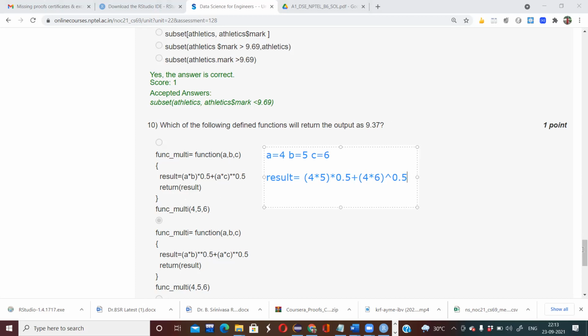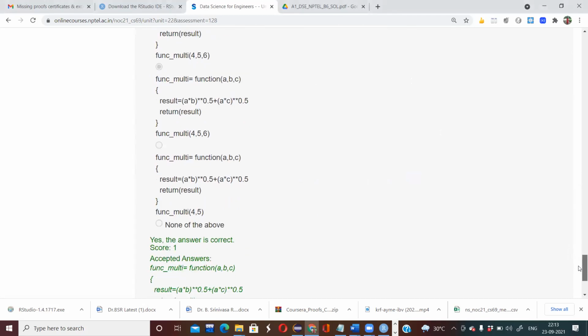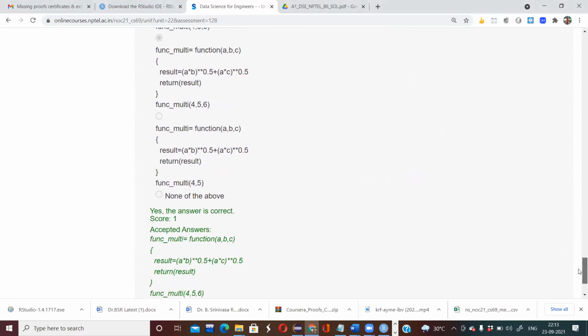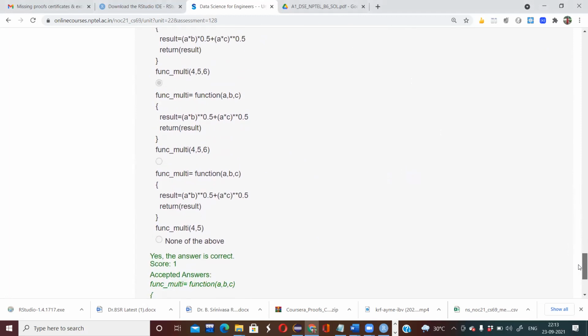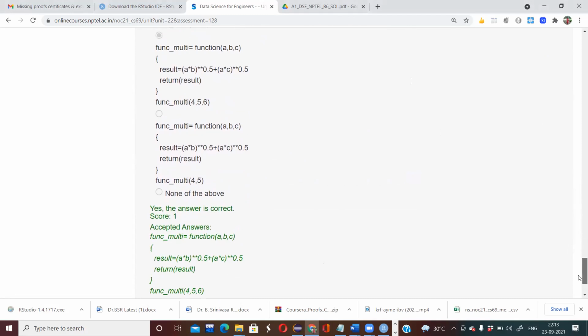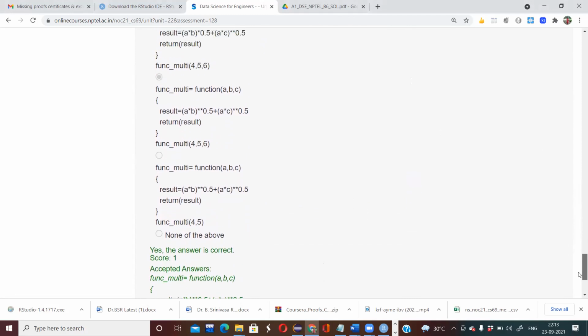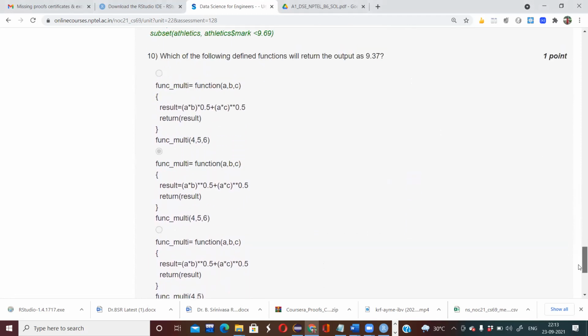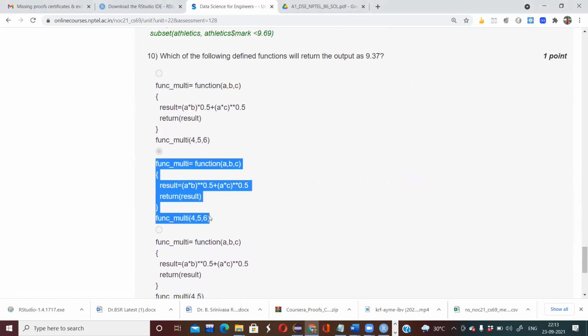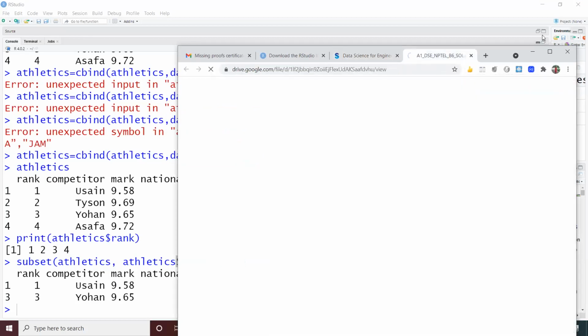Only one option will be there, that is this one. So like that, you have to calculate all these values. Once you calculate, you'll get the option B. This will give you 9.37. I'll just show you how you can do it.